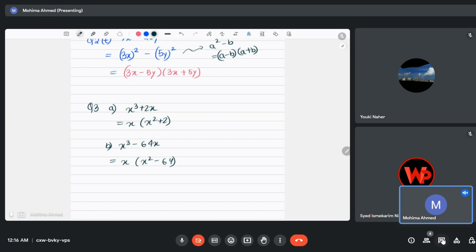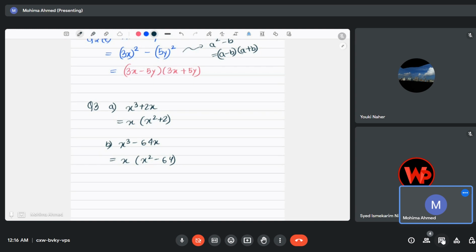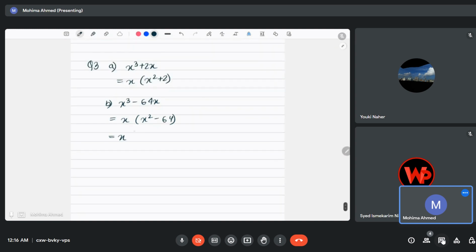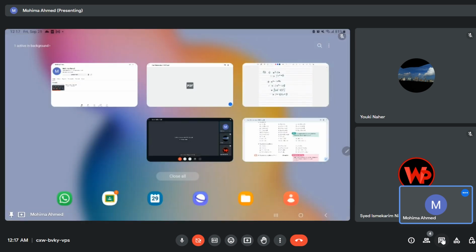Whenever you have combinations of these square numbers, for example, you can clearly understand that 64 is a square number, like 8 square gives 64. So you can now break this down as x whole square minus 8 whole square, which is x minus 8 and x plus 8. Right? Again, for the last parts of this question 3, I think I'll explain